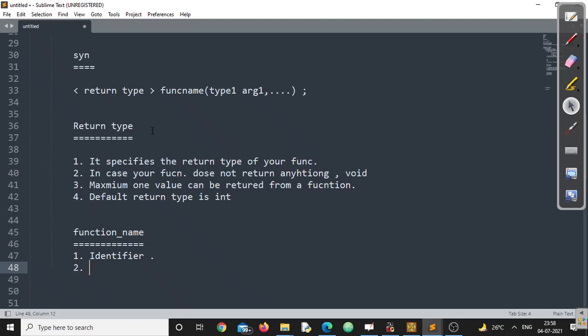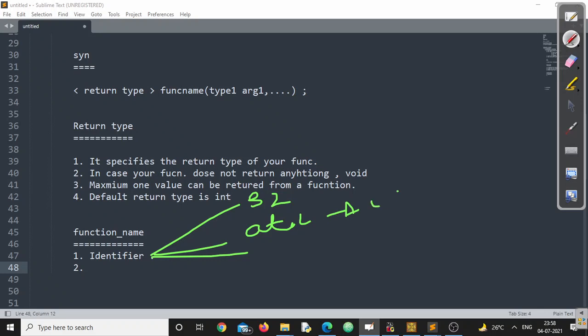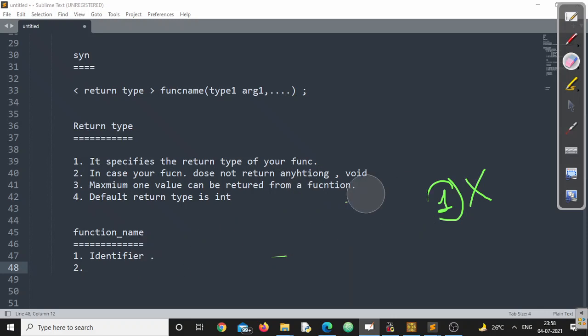You have to follow all the rules and regulations of an identifier. Let me quickly call them out. Maximum length should not exceed 32. Characters allowed are capital A to Z, small a to z, and 0 to 9. The only special character available is underscore. And the first character of an identifier cannot be a digit. I hope you all know this.